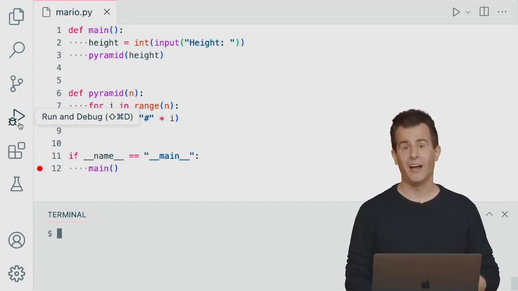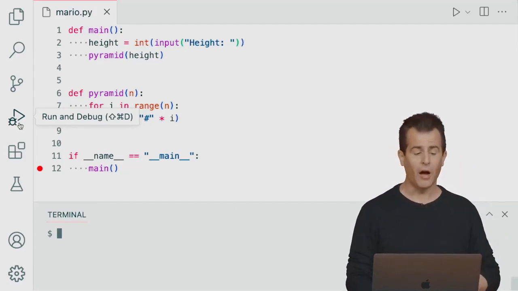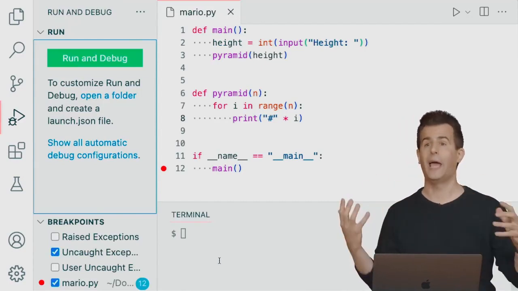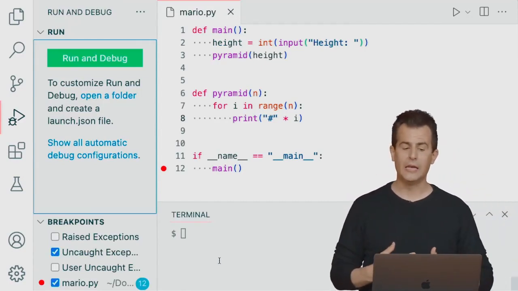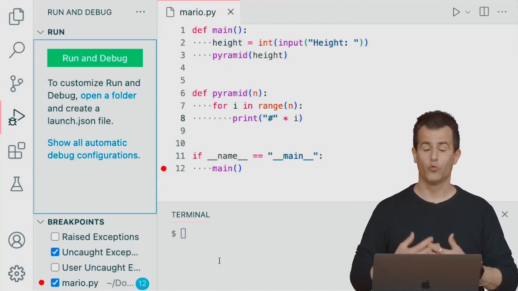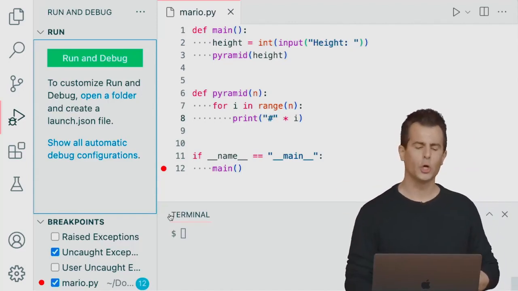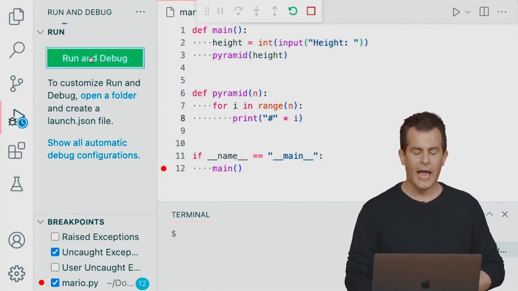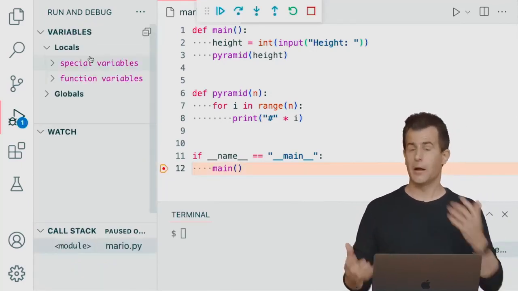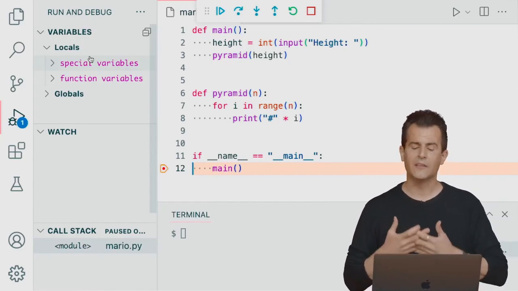And it's the little play icon with what appears to be an actual bug on it. And when I click that, this additional panel opens up in VS Code. Its big button there is called Run and Debug. Now, I could follow more of the directions and customize it further, but I'm just going to go ahead and click Run and Debug. And using some default settings that I might have specified earlier too, it's going to run